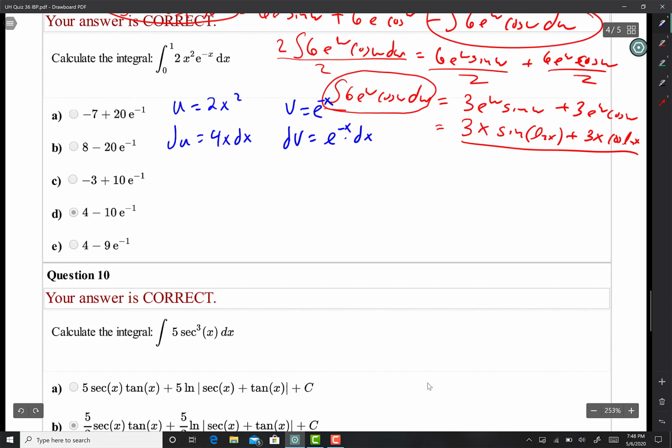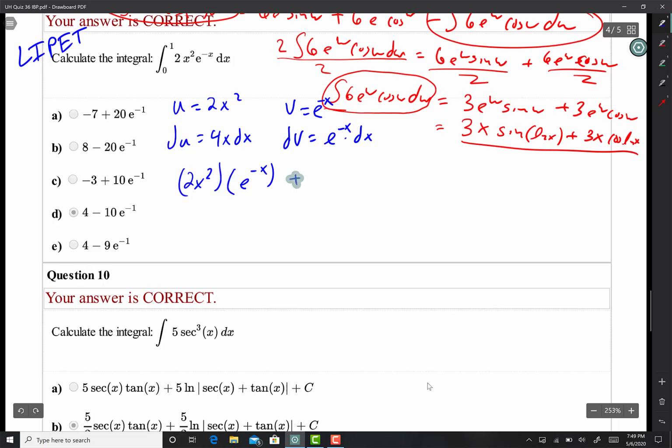In case you're wondering, I'm using LIPET: logarithms, inverses, polynomials, exponentials, trig. So whatever one comes first is what I'm using to pair up to make my u. All right, so from there, let's go ahead and see if we can start with the first batch. So let's see, u times v, so I'm going to write 2x squared times e to the negative x